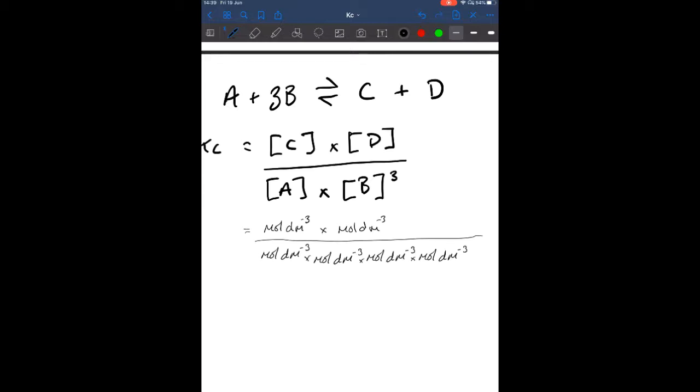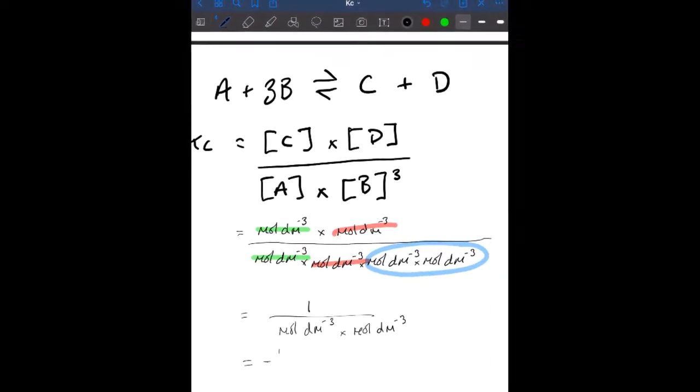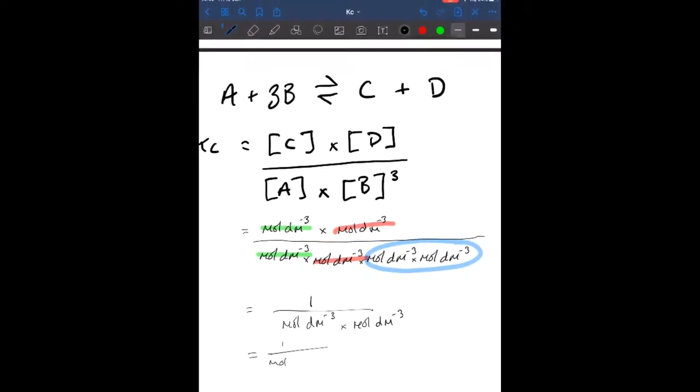So we've got, nope, that was not right. Highlighter, here we go. We've got moles per decimeter cubed, moles per decimeter cubed. We can cancel those out. We've got moles per decimeter cubed, moles per decimeter cubed. We can cancel those out. We are left with moles per decimeter cubed. So we've got a value which is 1 over moles dm to the power of 3 times by moles per decimeter cubed. We've got 1 over moles times moles, so it's moles squared,